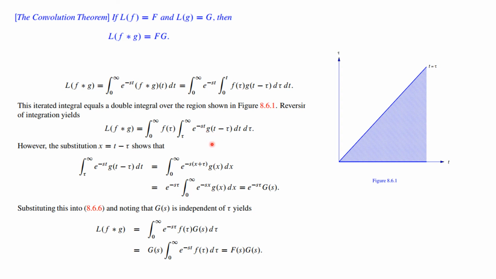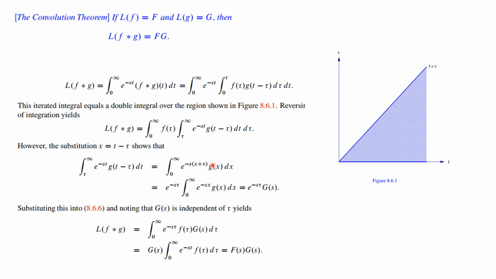Now we're going to do a substitution with this part of the integral. We're going to let x equal t minus tau. So if I do that, I get e to the minus st is there, but then I'm going to call this x, and again t is going to be x plus tau. So we get that, and the limits of integration change, because if I start at tau, this goes from 0